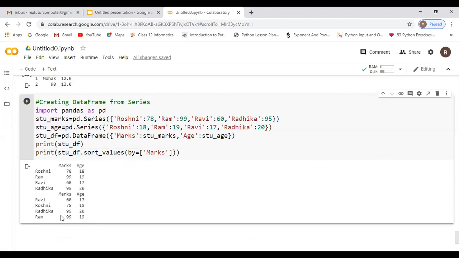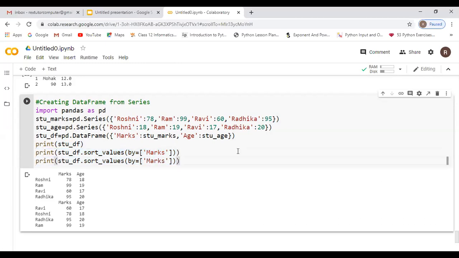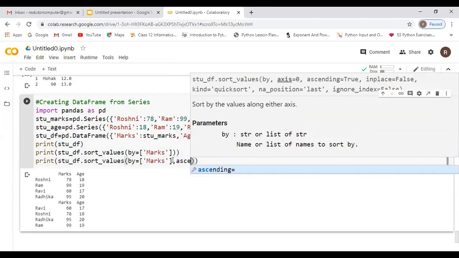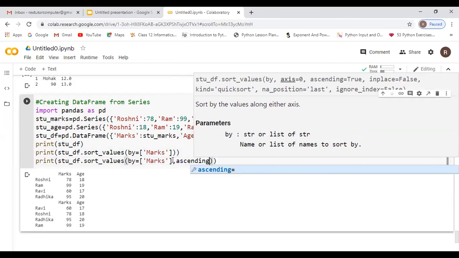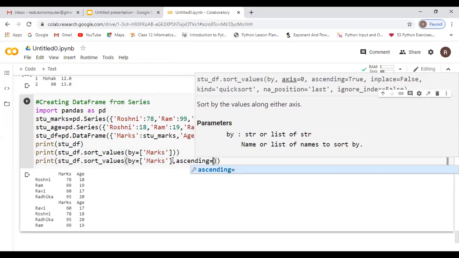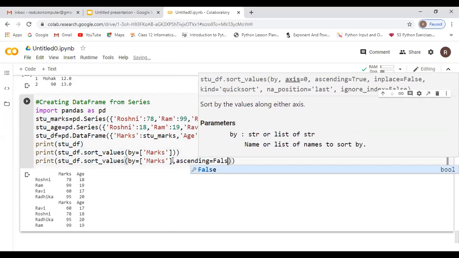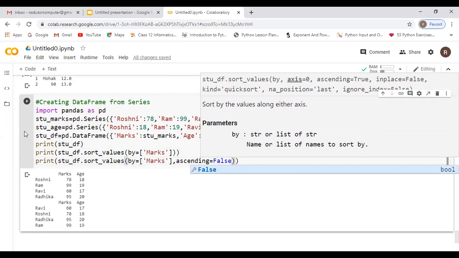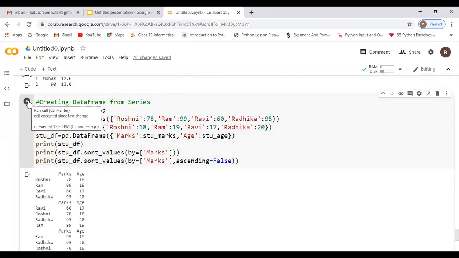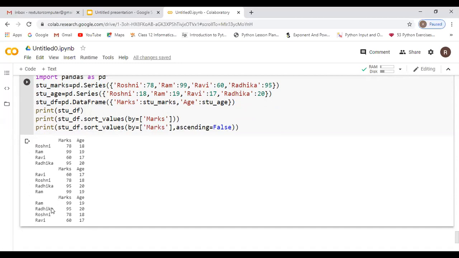Suppose you need descending order, then how to give it? The same line, and there you have to specify comma ascending is equal to false. Ascending is equal to false. When you do that, you will get it in descending order.